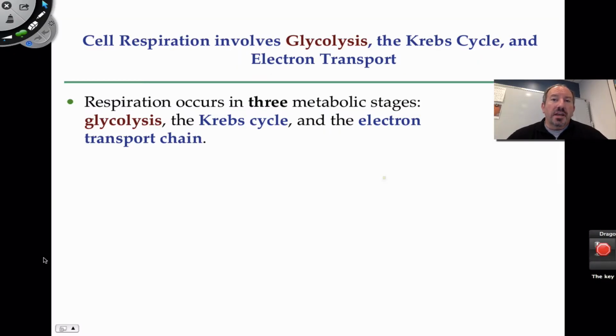What's fascinating about cell respiration is that it's broken up into these classic three parts. They're sort of like movements in a symphony. You have glycolysis, and you have the Krebs cycle, and the electron transport. This particular video is going to emphasize the pathway of glycolysis. These three metabolic stages are really interesting. There's going to be some biochemistry involved, and I'm going to walk you through the 10 steps of glycolysis. I'm going to refer to the structure of some of these molecules and even discuss some of the enzymes